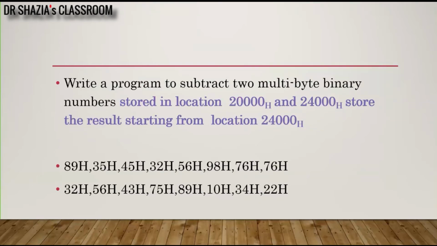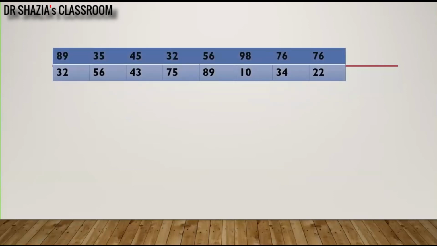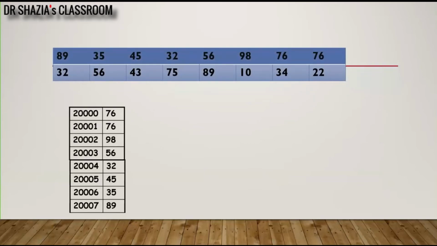So we'll see how this data is first stored in the memory location. These are the two arrays of data which we want to take for subtraction. So how will they be stored? As we know, the storing of data we are doing in little endian format. So the LSB byte, which is 76, will be stored in the first memory location. In this case, my first memory location is 20,000. So at address 20,000, the data stored will be 76. At the next address, which is 20,001, the data stored is 76.